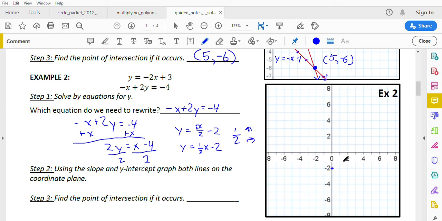So up 1 over 2, up 1 over 2, up 1 over 2, up 1 over 2. Okay. If you guys want, you can continue this pattern. You can go kind of down 1 over 2 if you want. The reason you're allowed to do that is your slope is positive